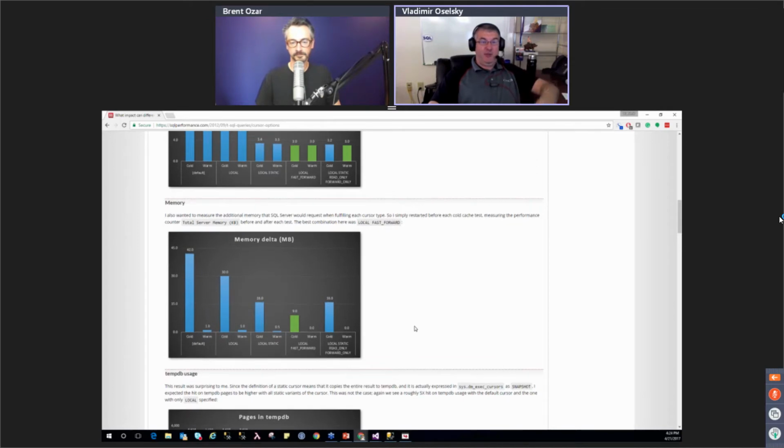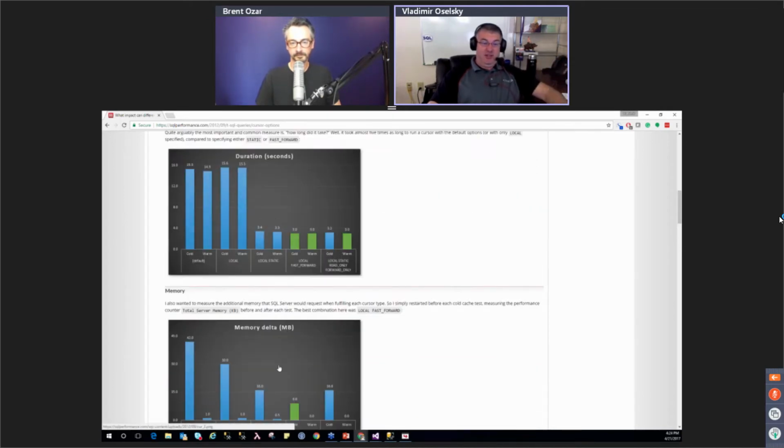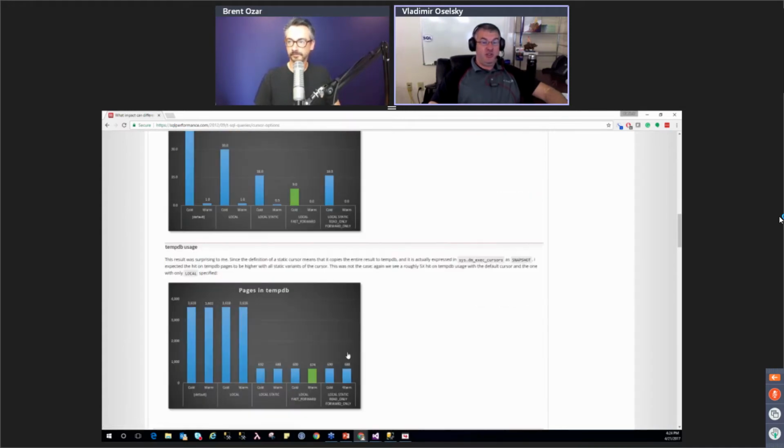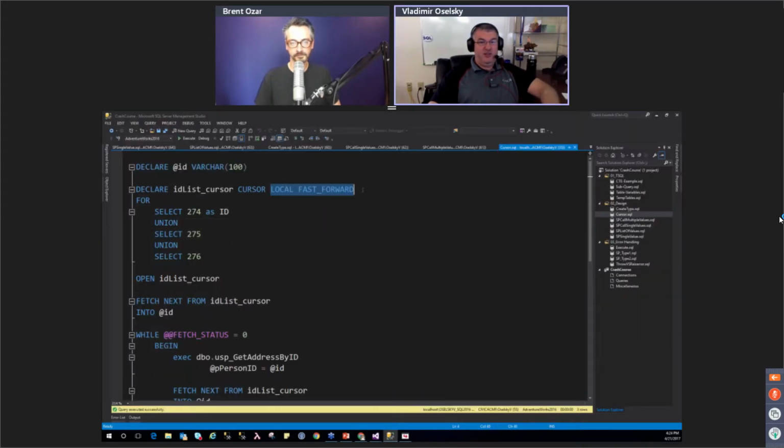And as you will find from the blog post, it reduces memory usage, reduces the duration, even reduces pages in TempDB. And all we did was define extra options with the cursor. So if you do have to use a cursor, at least now you know that there are options you can include with it to make it go faster.